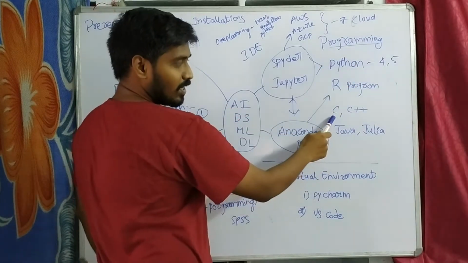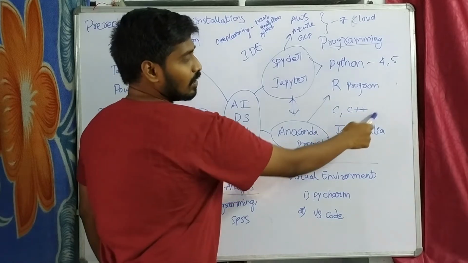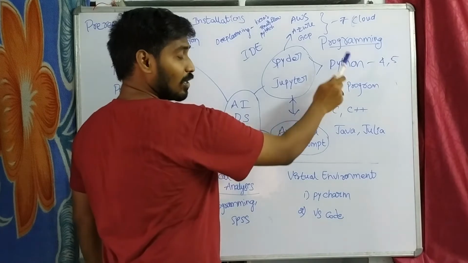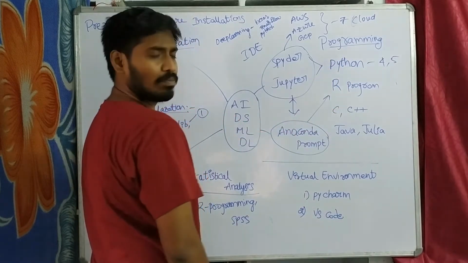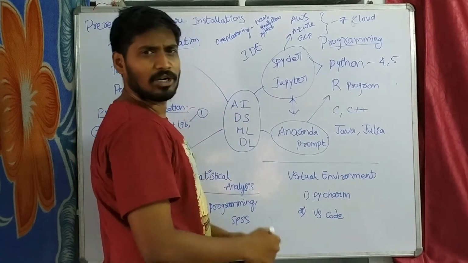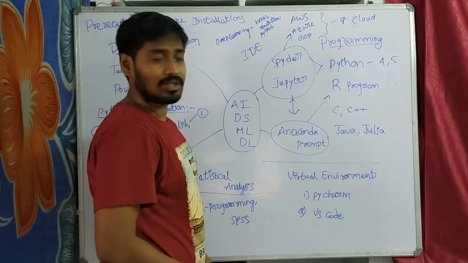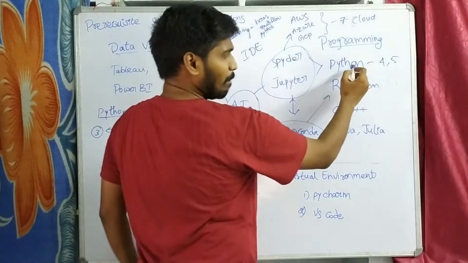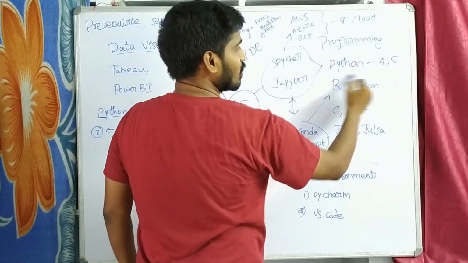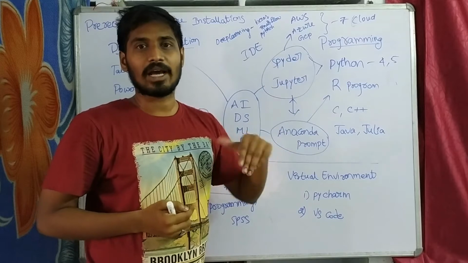At the initial stage, people mostly worked on C and C++, and after that Python came into the picture. In Python, initially there was a version like 2.8, and after that 3.1, 3.2, 3.6, 3.8.3, and 3.8.2 are also there. Python has four to five versions, and the difference from version to version is development and upgrading.